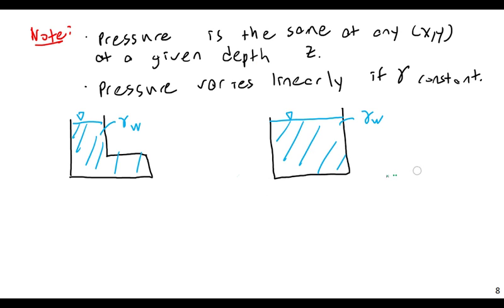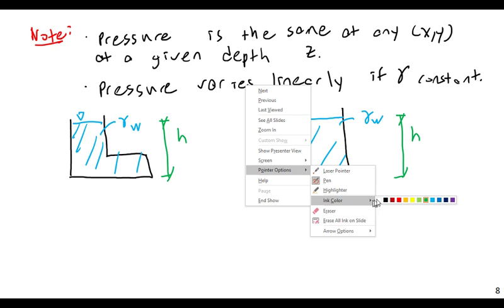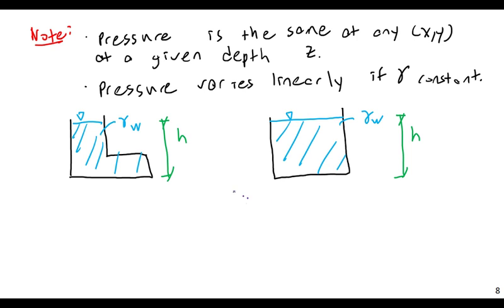Let's say both of these are H units high, H feet high. Feet high, meters high, miles high, of course, doesn't matter. Now, let's say we have something here. Well, let's look at a few points. Something like this. All of these points here